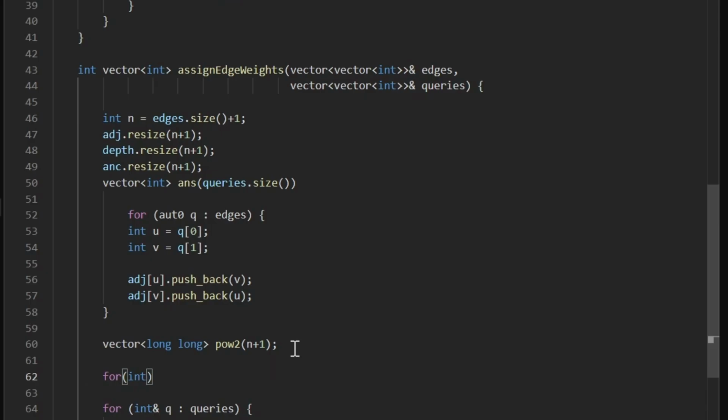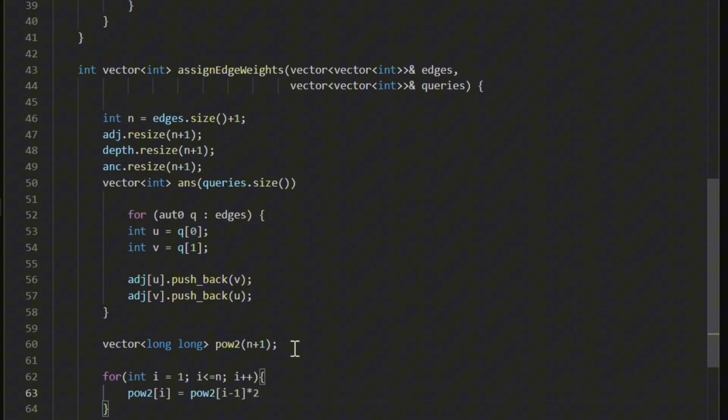for i equal to 1, i less than or equal to n, i plus plus, what we are going to do is power of 2 at i equal to power of 2 at i minus 1 times 2. Okay, i minus 1 power of 2 times 2, and we can do a modulo with mod,